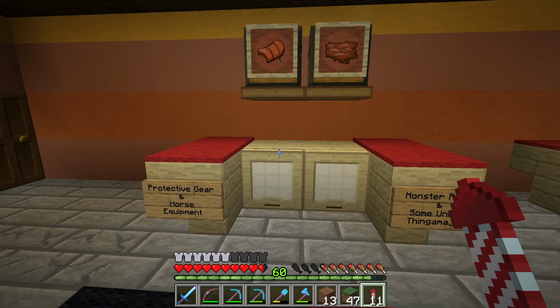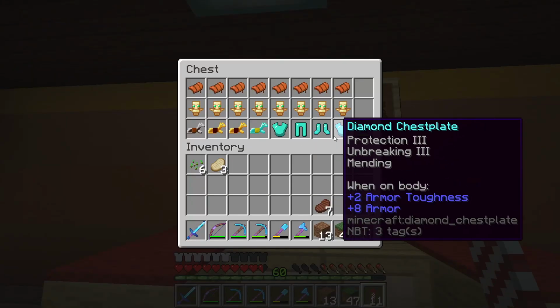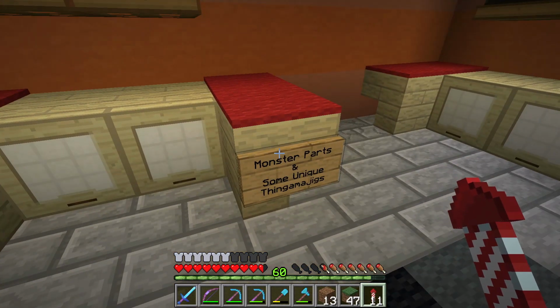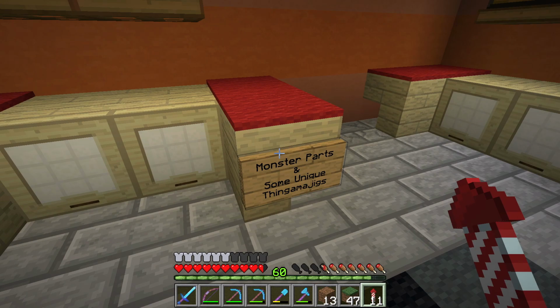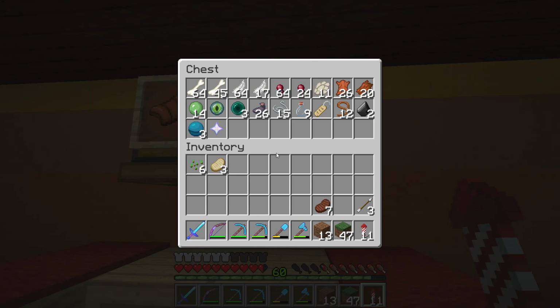Over here we have our protective gear and horse equipment, so just excess diamond armor that we have laying around, and then the totems of undying and saddles. And then this is monster parts and unique thingamajigs that I just don't have somewhere to put. And that includes things like the Heart of the Sea, Nether Star, Lead, Flint, name tag, just some oddball things. I know they're not from drops, but it's like, where do you put them, so just throw them in there